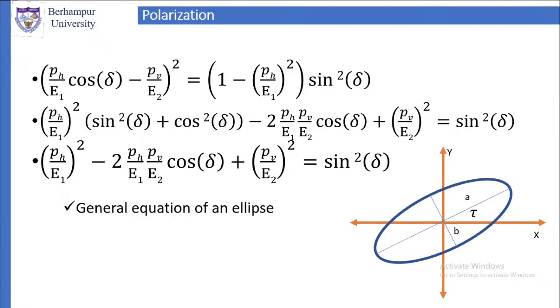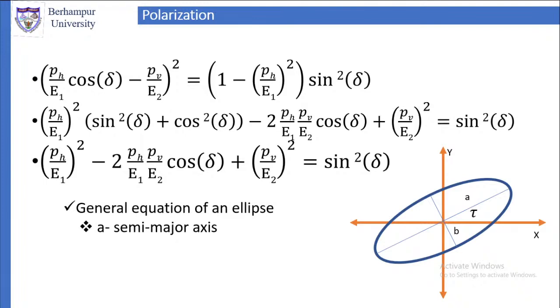Sine^2 delta plus cos^2 delta is equal to 1. So if we use that, that gives us (ph by e1)^2 minus 2 times ph by e1 into pv by e2 cos delta plus (pv by e2)^2 is equal to sine^2 delta. This is a famous equation. This is a general equation for an ellipse. So this describes an ellipse. Since it describes an ellipse,